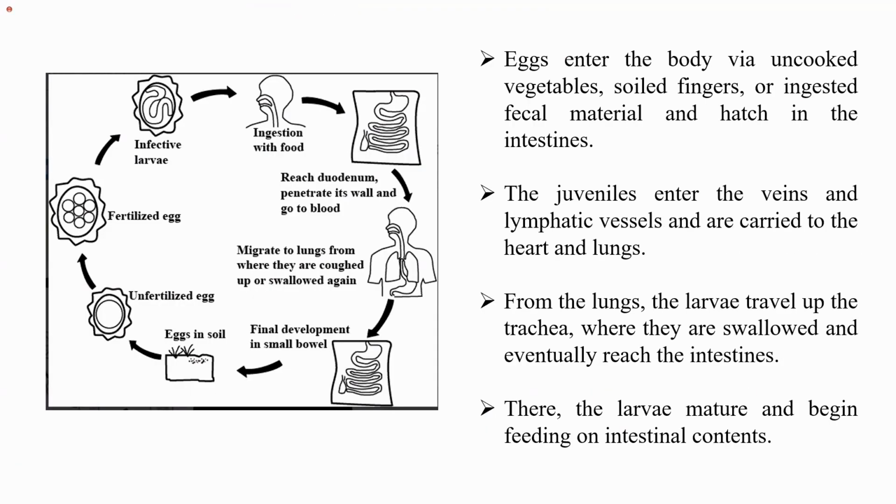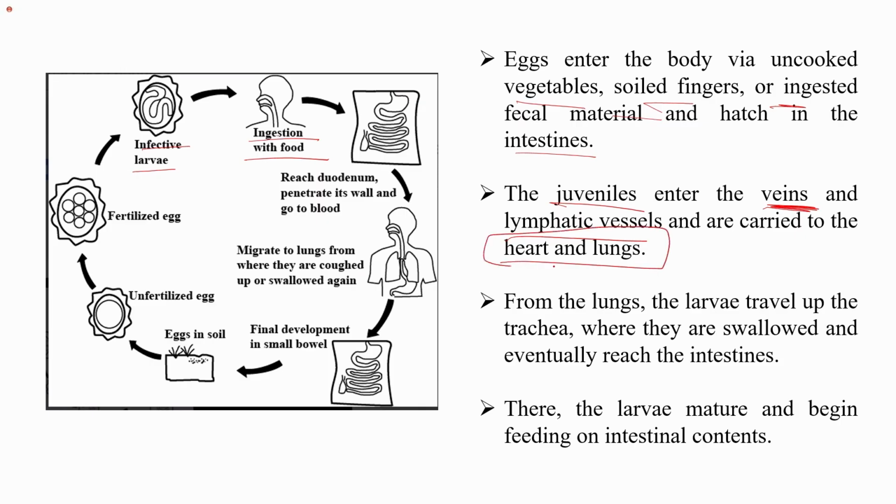So what happens is that these Ascaris also cause infection. How? The eggs enter the body via uncooked vegetables, soiled fingers, or ingested fecal material and hatch in the intestine. So basically, the infective larval stage is ingested along with the food, and these larvae then hatch in the intestine. The juveniles, which are the young ones, enter the veins. So they enter into the blood system. Basically, they enter the veins and lymphatic vessels, and through them they reach organs